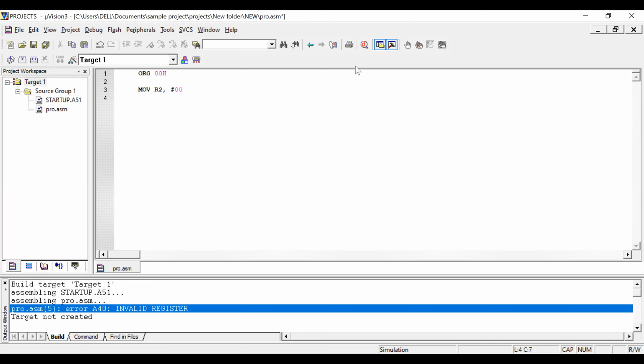Okay. And next, I want a counter. I'm going to use the counter, which I just informed you can be the R1 register. So R1 I'm taking, which is going to be a counter now.